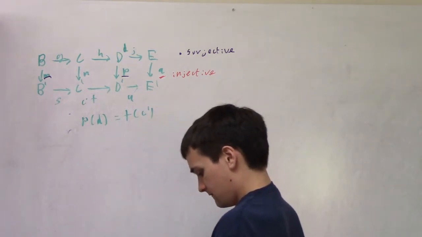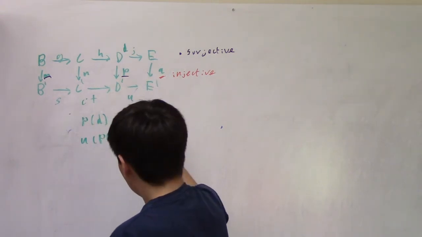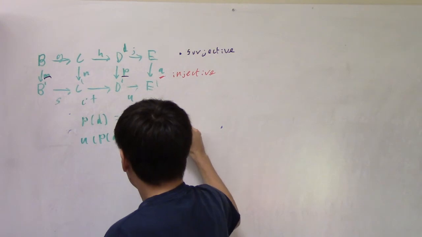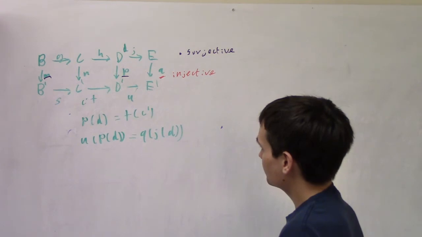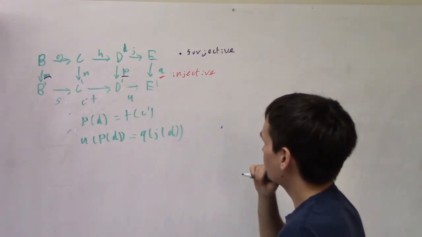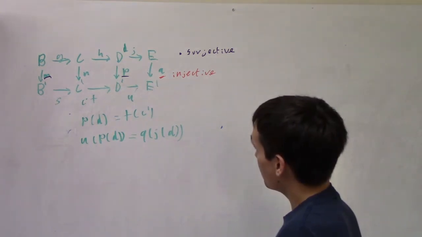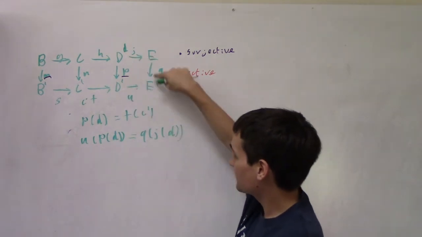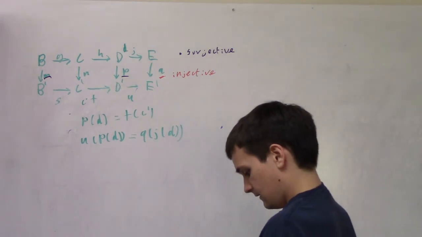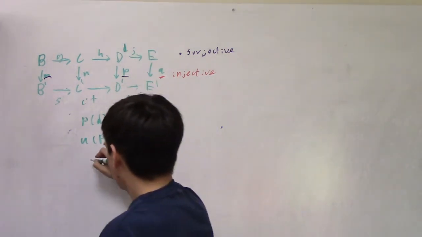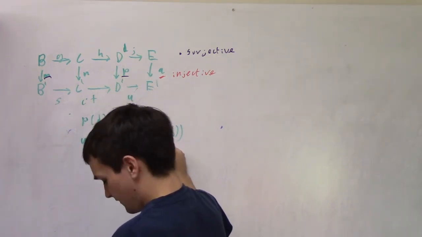By commutativity, U of P of D is equal to Q of J of D. So that's, wait, where is U P Q J? So we're using the commutativity of this square. So then, since by exactness, the image of T is equal to the kernel of